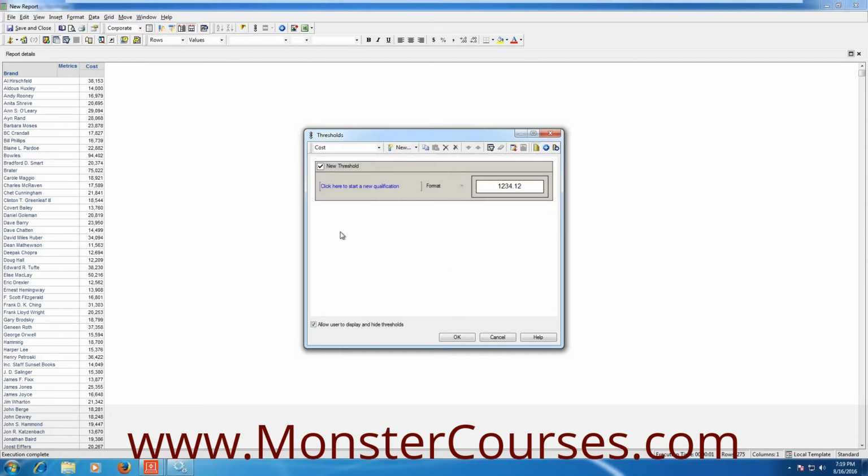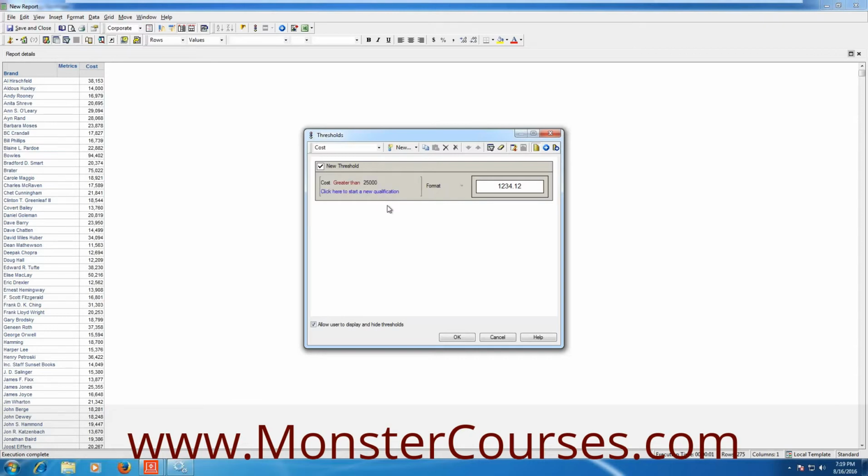Now click on the new button. Now click on the blue message, click here. Field as cost, greater than, value 25,000. Type a value, yeah, 25,000.